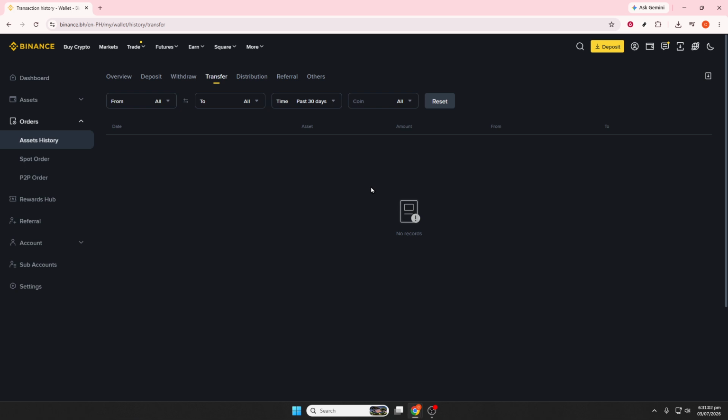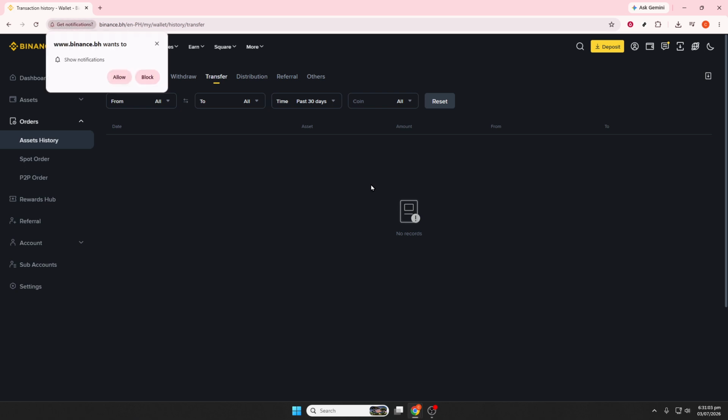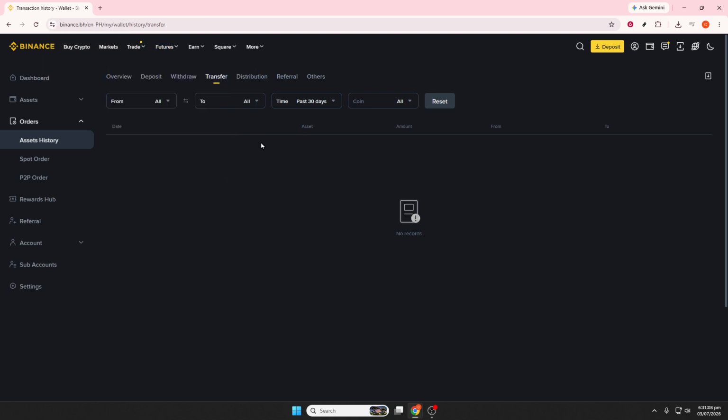Depending on the amount of data you requested, this may take a little time, so don't worry if it isn't available instantly. When the file is ready, go to Export Records and download it from there. If you don't see it right away, give it a moment and refresh if needed. And that's it. You've successfully exported your